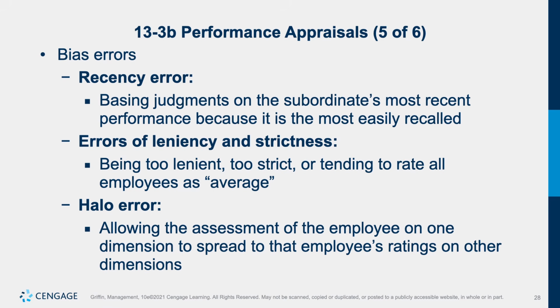Now you have what you call the halo error. This is basically allowing the assessment of the employee on one dimension to spread to the rating on other dimensions. What do we mean by that? Let's say the performance criteria for which the employees are assessed include punctuality, and also the employee's knowledge capabilities on the job, or how well the employee has applied their knowledge towards performance on the job. So assuming such an employee is a very good high performer on the job,